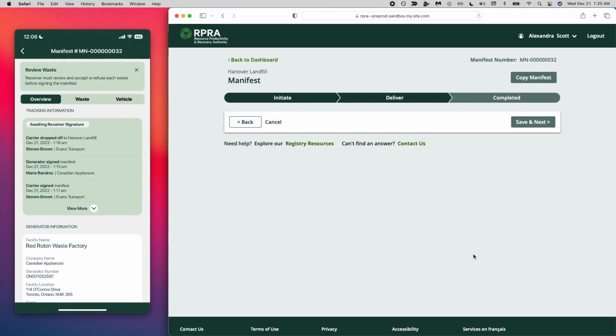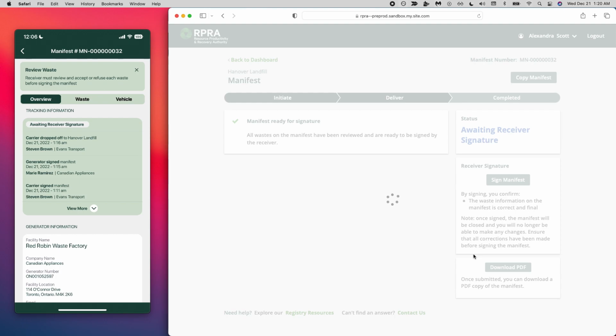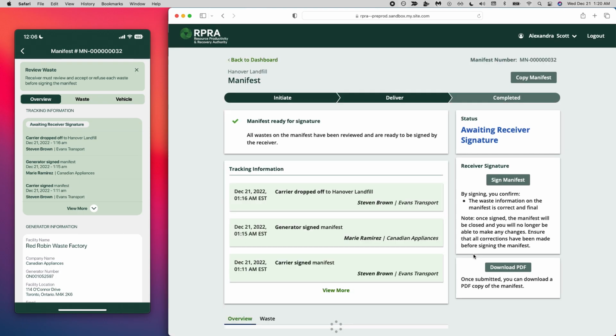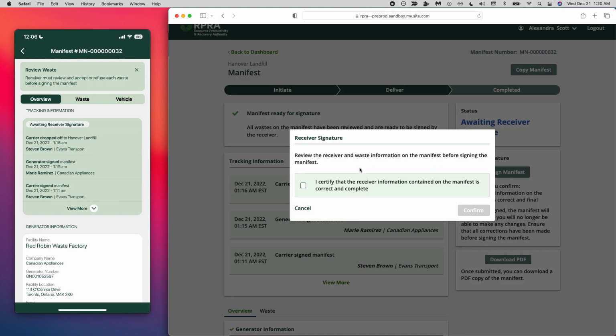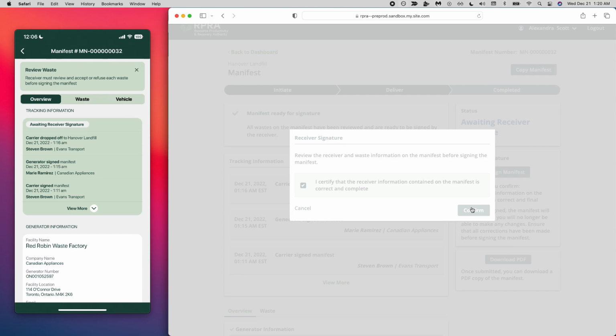Now that the wastes have been reviewed, now is the time when I can actually provide my signature as the receiver. So you'll see now there is a sign manifest button on the right hand side, and the status has been updated to awaiting receiver signature. So at this point I can actually click on sign manifest. So I'll go through the attestation and click on confirm,